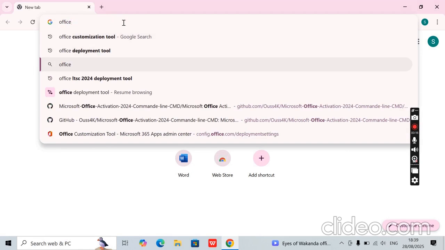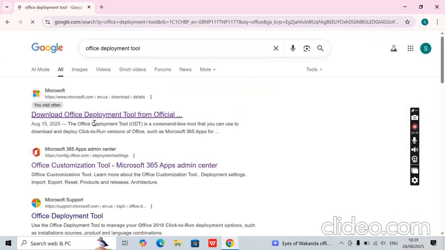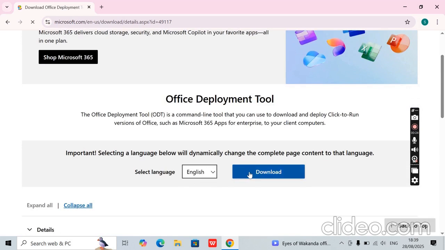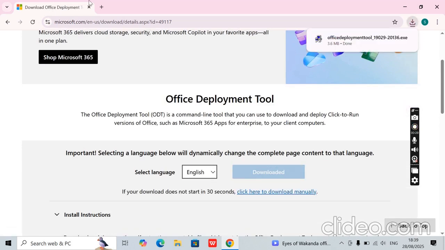Office Deployment Tool, and then click on the first link, then click download. It's downloading. Now go to